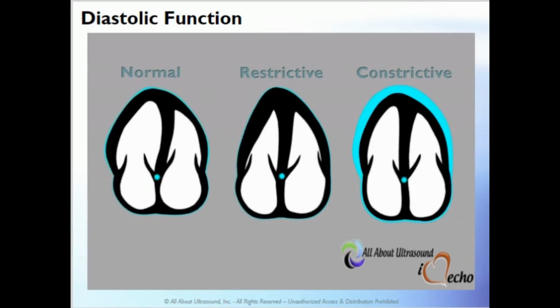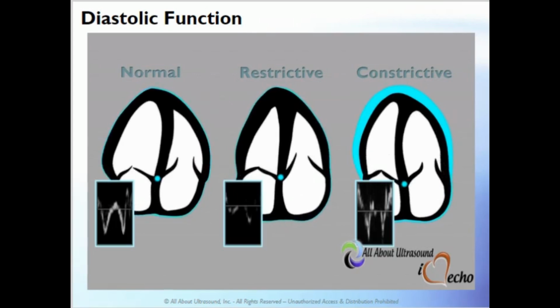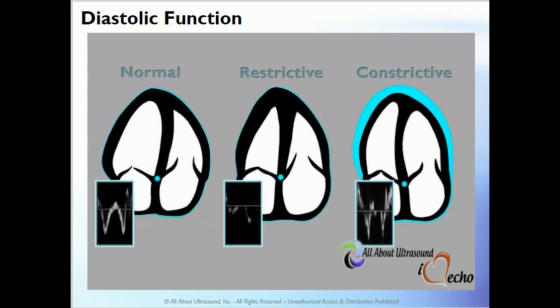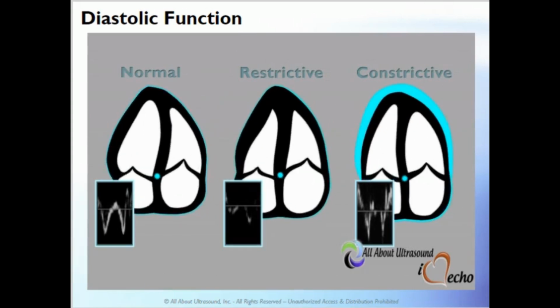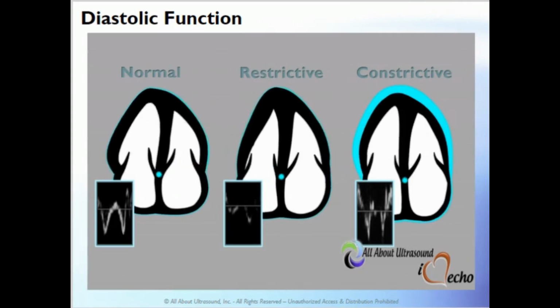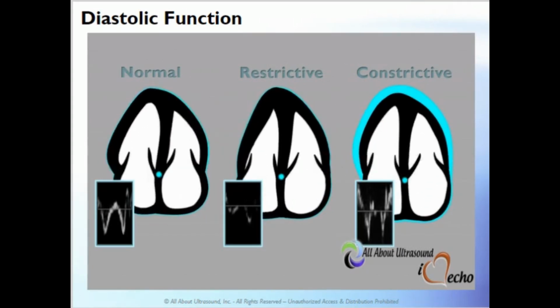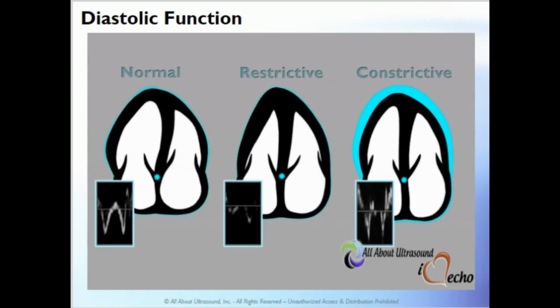And so that results in tissue Doppler that looks a little bit something like this. You can see in the normal, your E prime velocity is a decent size. In restrictive, it's reduced significantly. In constrictive, it is significantly increased. Again, the diastolic hemodynamics take place